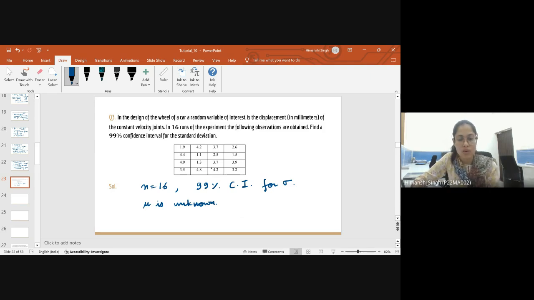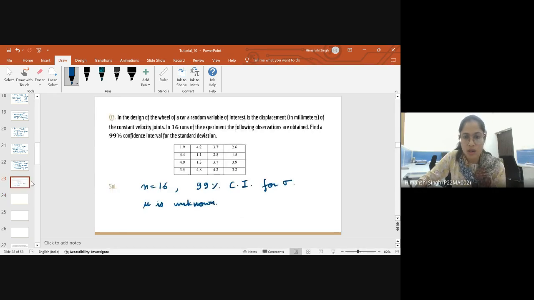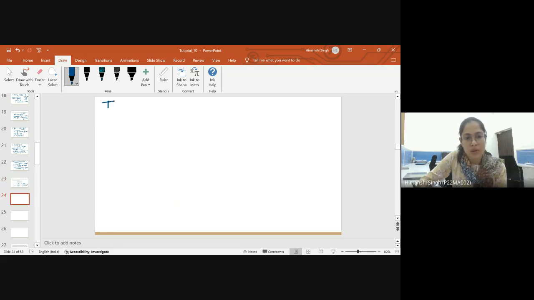First of all, let me write what the confidence interval will be. We have this 99% confidence interval, so 1 minus alpha is 0.99, which implies alpha is 0.01. Okay. So the confidence interval for sigma is,